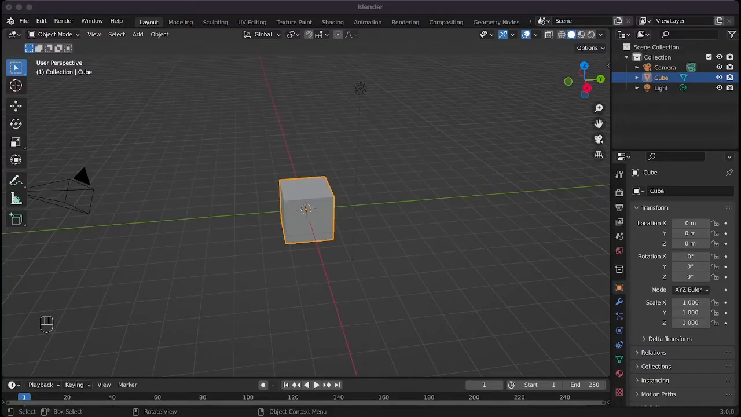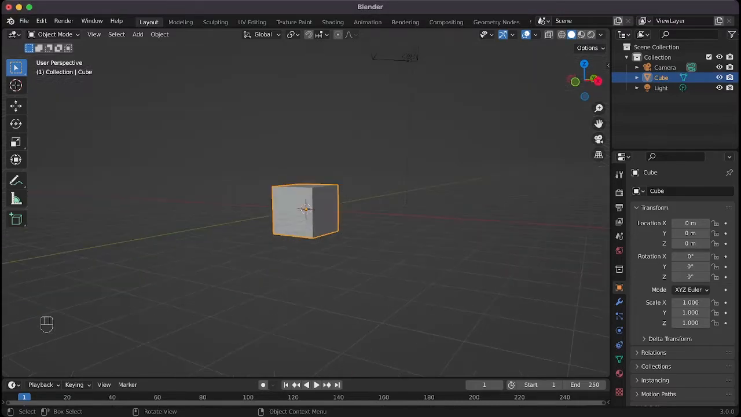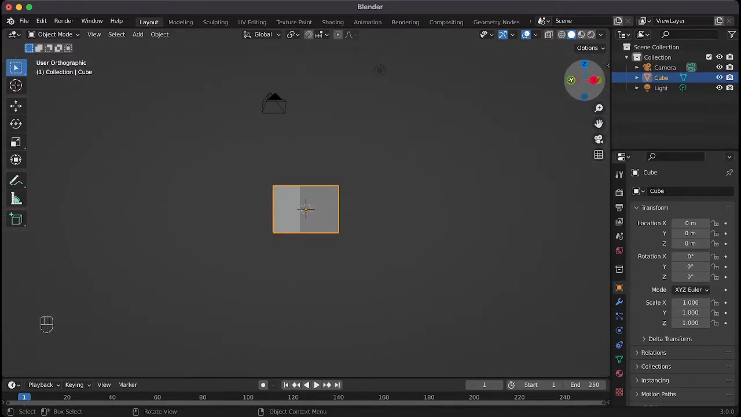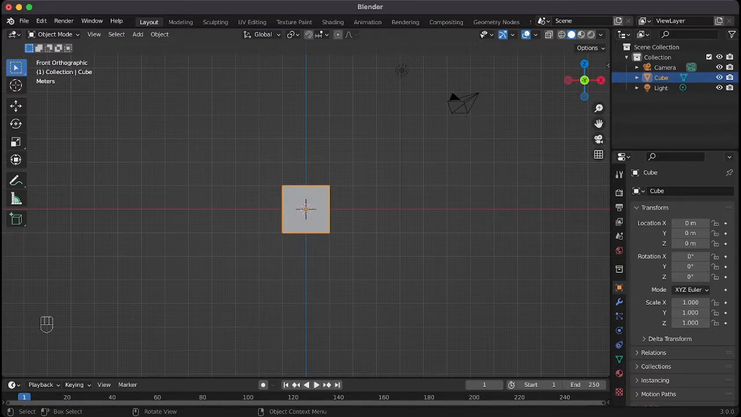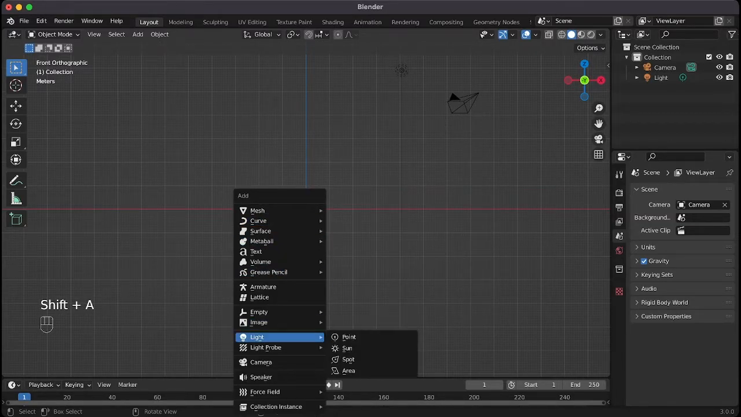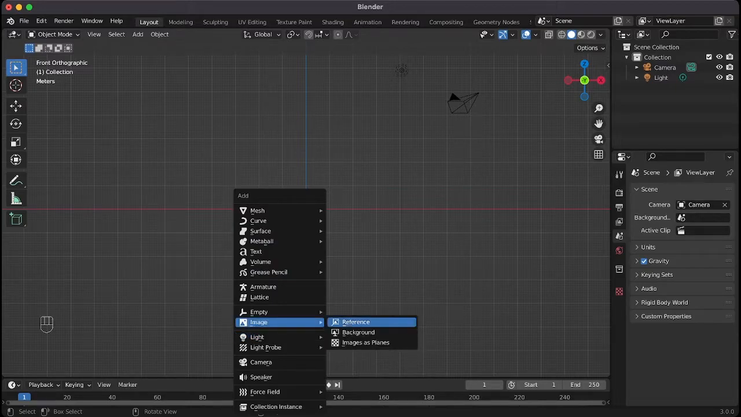This is the default cube. First thing we want to do is get into front view. Keep it in orthographic view because we're going to be manipulating only in dimensions. To start out, we can clear the standard cube, hit X, and then it'll delete what's there. Now we're just going to go to Shift A, add the image,